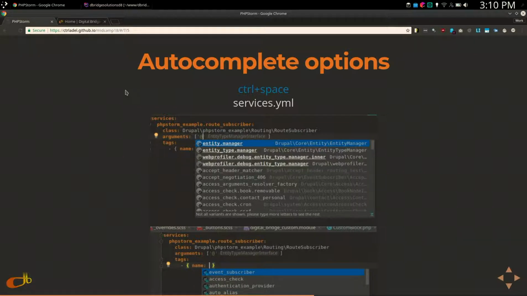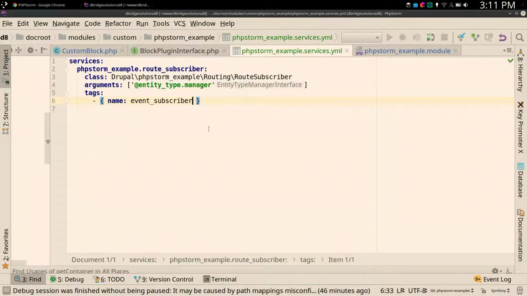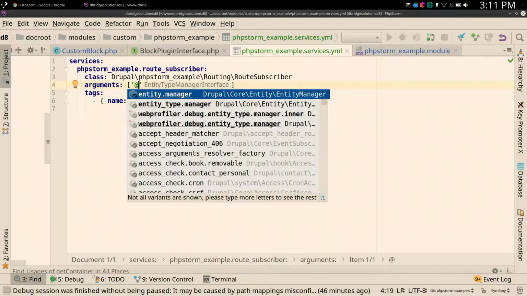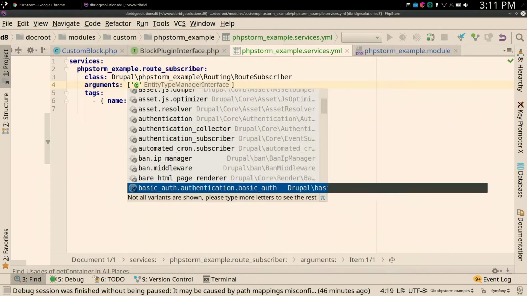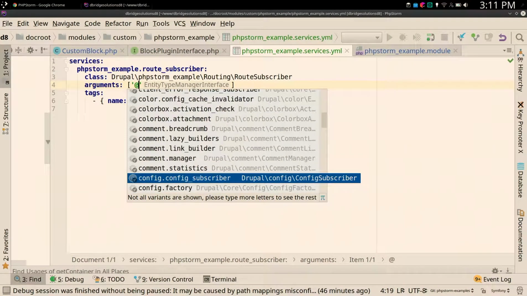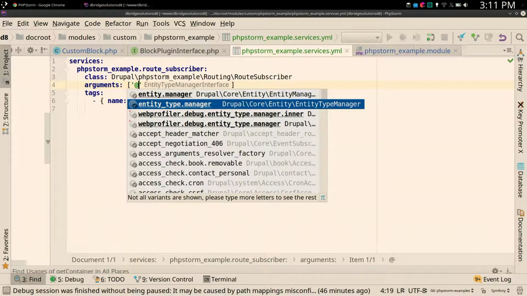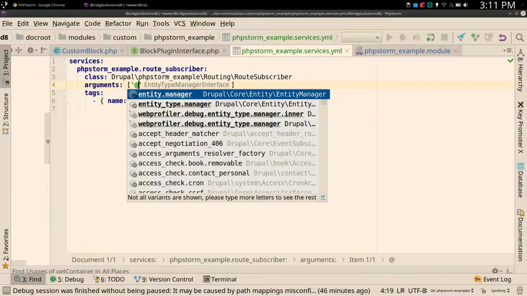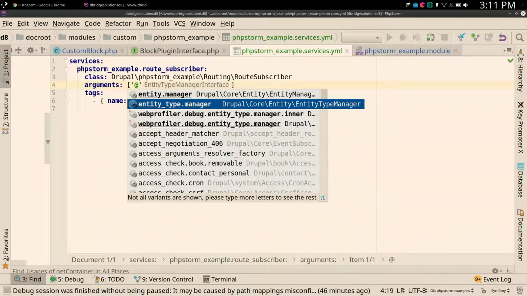Autocomplete options. So this is by far one of the most handy things when it comes to services and annotations, and those are the two main areas that I use them for. So you have a service, and we have one here, and it'll tell you what the argument's supposed to be from the declaration of the class. And if you do an @ and a control space, it'll pull up every possible option for you, and there's tons of them. But you can see we're looking for an entity type manager interface, so PHPStorm has guessed at which ones we actually want here. So we want entity type manager service,